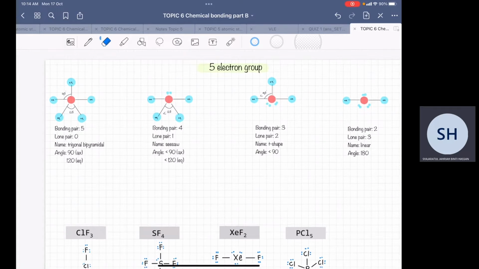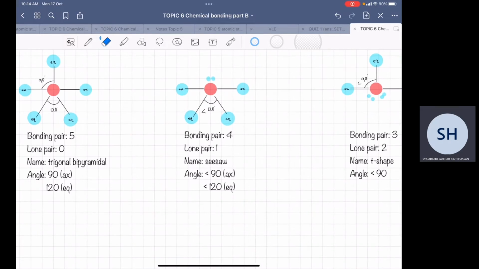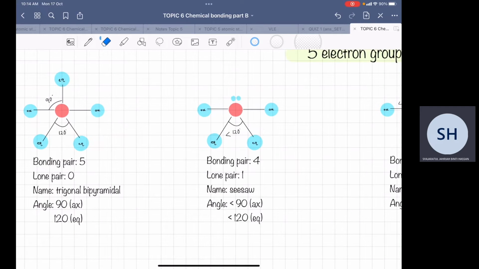Okay, so when we have 5 electron groups, we have 4 types of shape that are possible. The first one, we call it trigonal bipyramidal, meaning that kita ada dua piramid berkaki segitiga. So berapa banyak bonding pair? We are looking at 5 electron groups, and here we have 5 bonding pair. So when we have 5 bonding pair, macam mana susunan dia tu? Susunan dia is something like